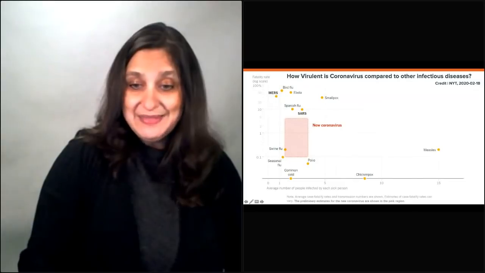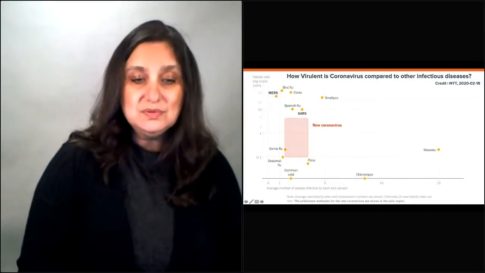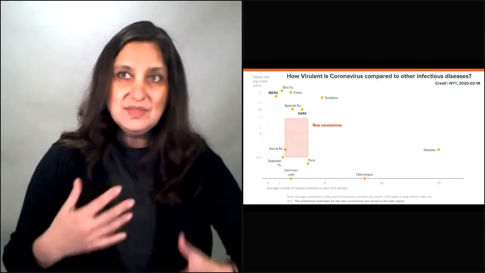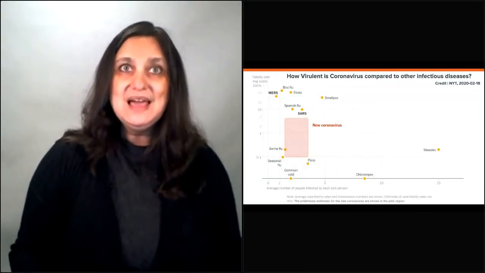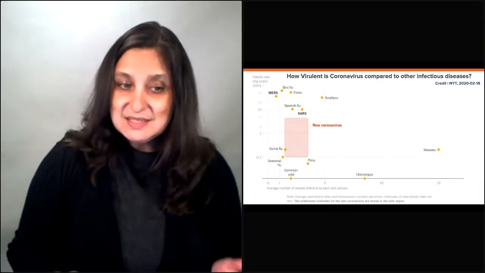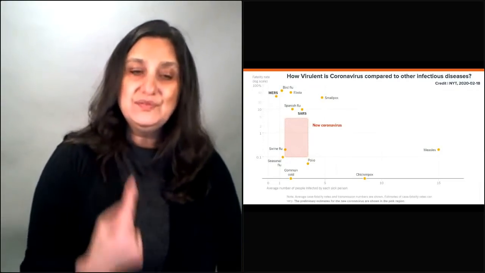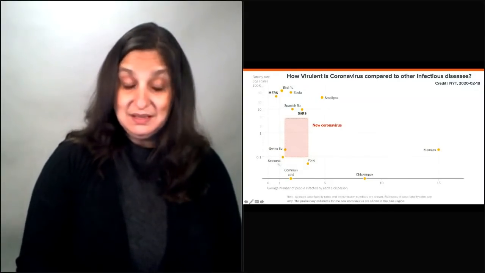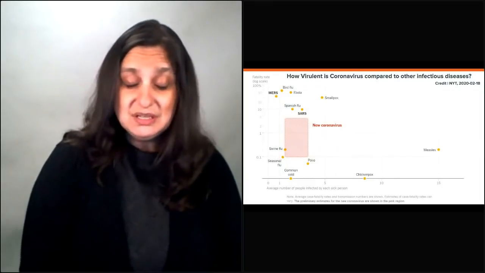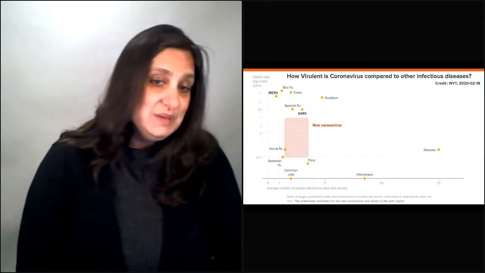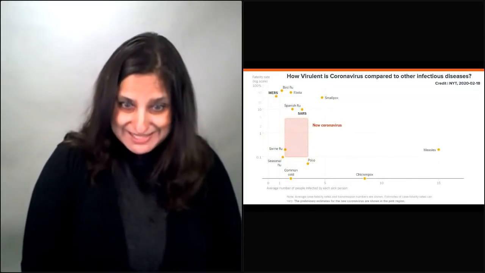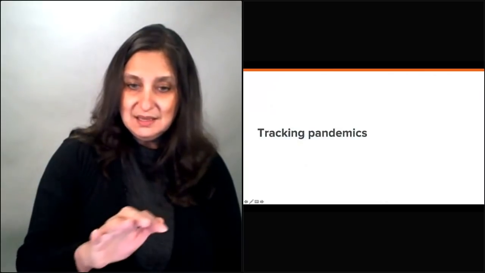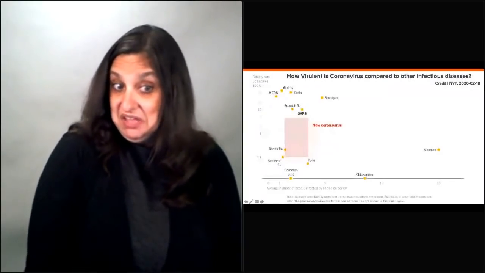Now, what you see on the x-axis is the number of people that are infected by each sick person. If you've been listening to a lot of things that have been said about the COVID virus, that is called the R number. That is the number of people that a single infected person can go on to infect. And you can see that chickenpox, I mean, it infects lots of people. It's just incredibly contagious. So maybe for every one person who gets sick with chickenpox, 8 people get sick. Measles, it's up to 15. But you can see that chickenpox is not likely to kill you.